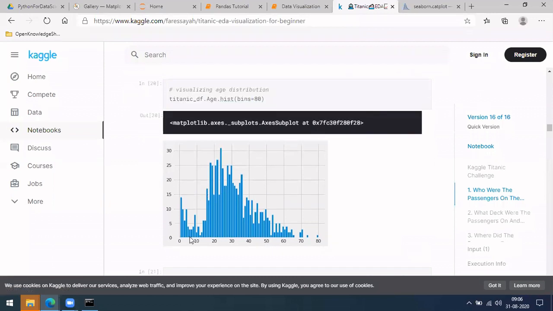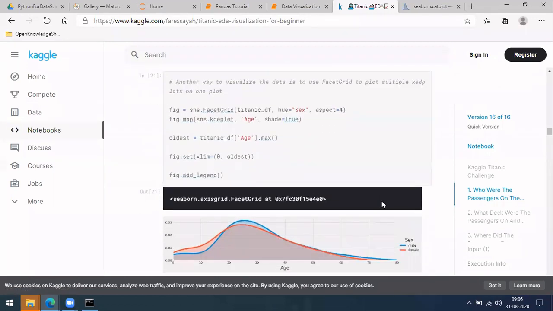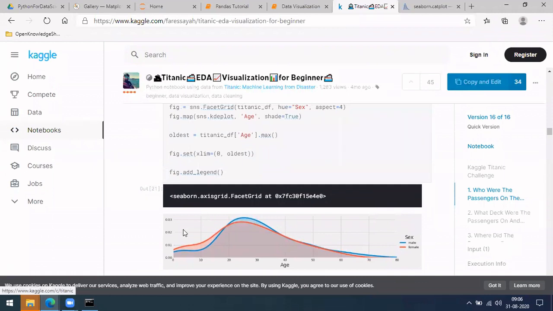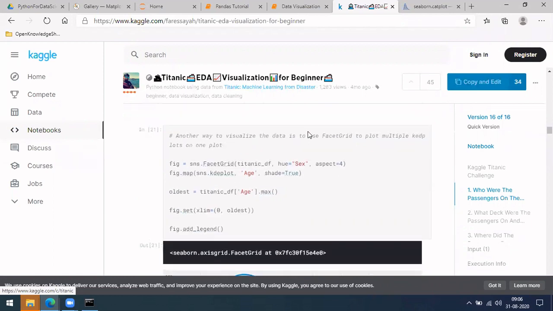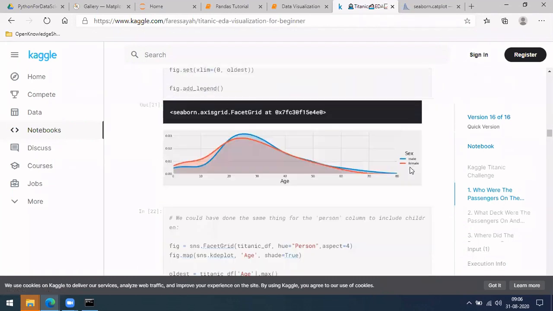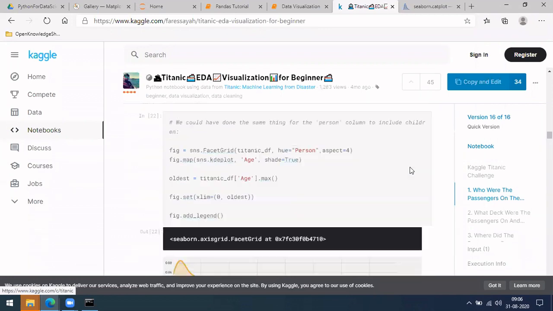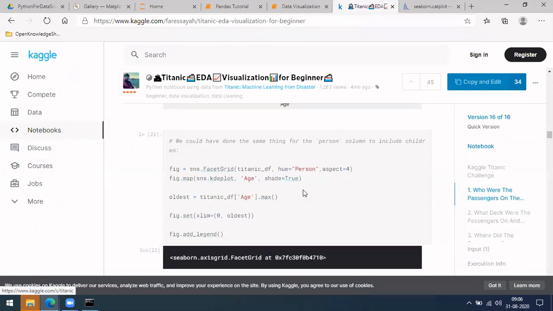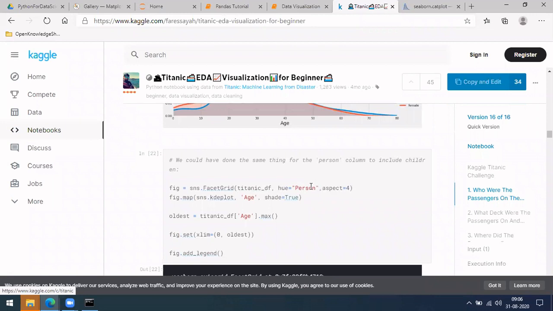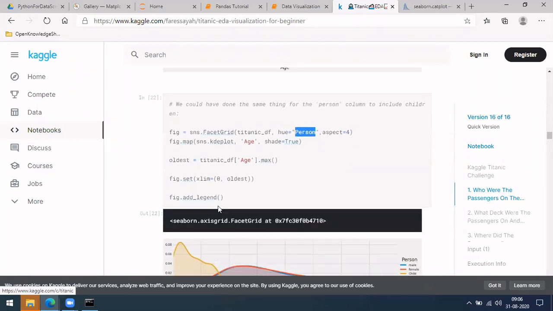We have seen hist, which is a histogram plot. Similarly, there are a few other plots where, instead of a histogram like this, you can also get a continuous plot, which is the KDE plot. You can experiment with this. I'll give you this notebook link. You can download it, run it, and experiment here. This is similar to your histogram plot, where you give the person and age you are trying to plot.